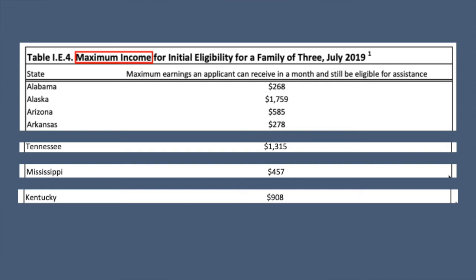But each state has a different set of eligibility standards as it relates to what kind of car you can have, how expensive the car can be, your house information, other forms of income, lots of other inputs that go into this. So it's not straightforward to determine eligibility. That's why it has to be a state-by-state level of understanding. And even within the state, it's difficult to know. You have to be able to help your clients navigate it, form partnerships and network with people within those agencies, talk to them, and have them help you understand the full eligibility requirements.